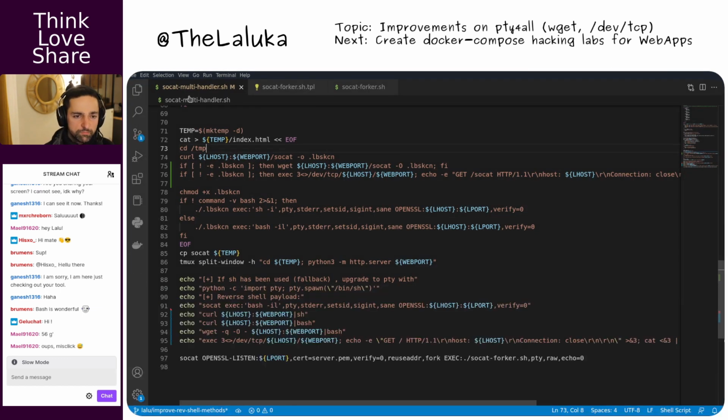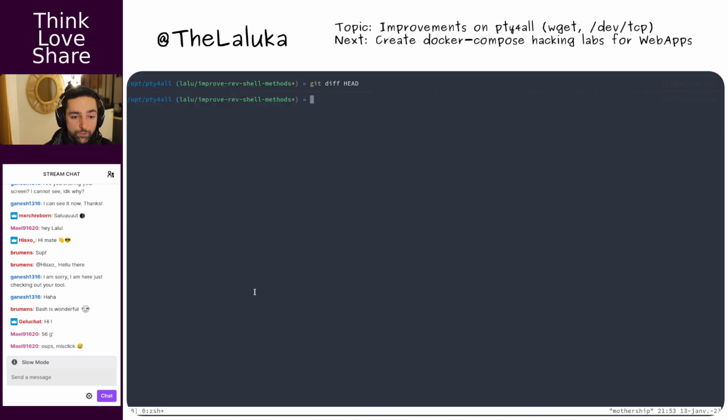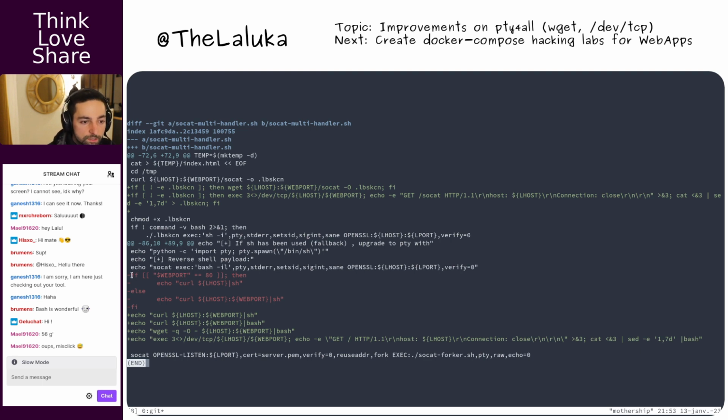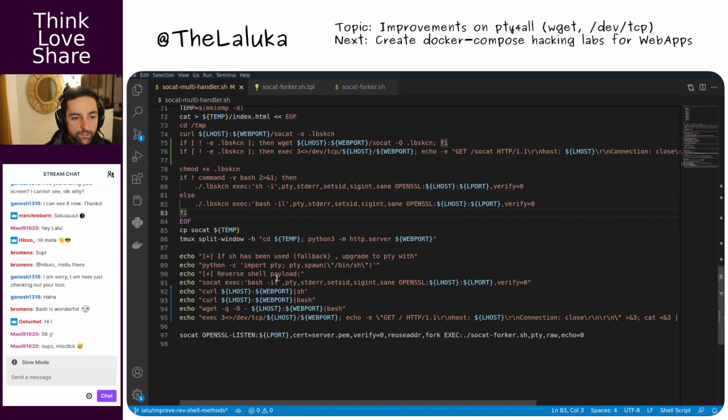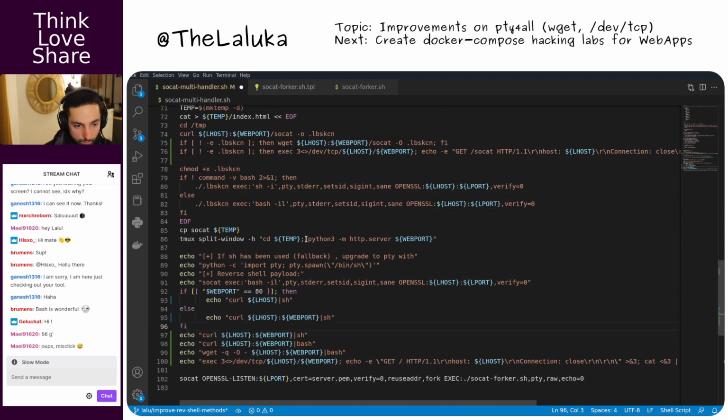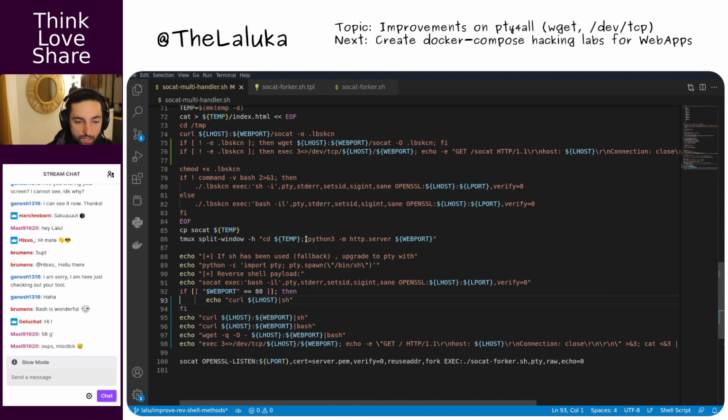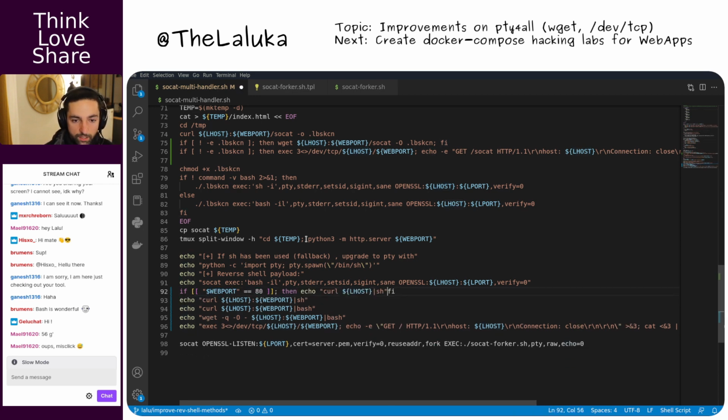Or actually, what I should have done is, if my web port is 80, then I will also display this one. I can even do that in a one-liner.